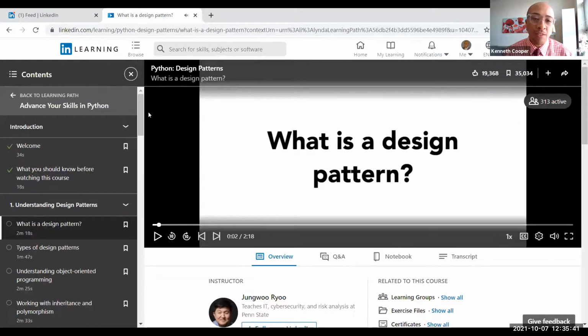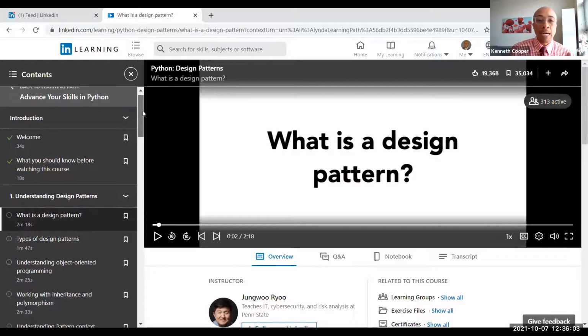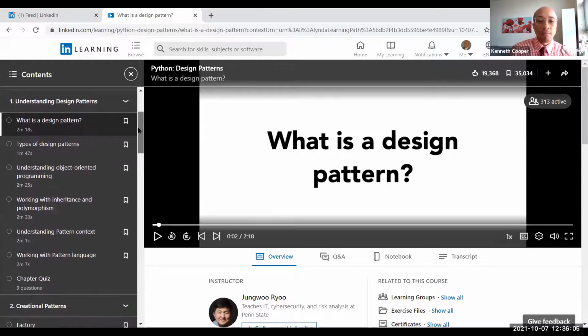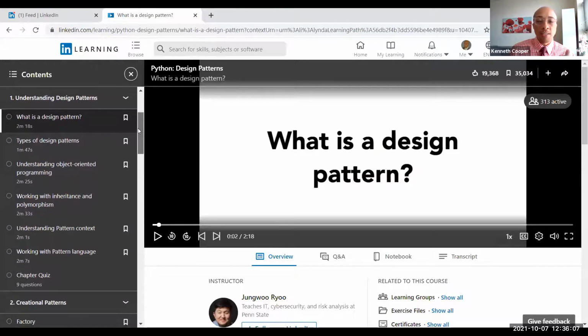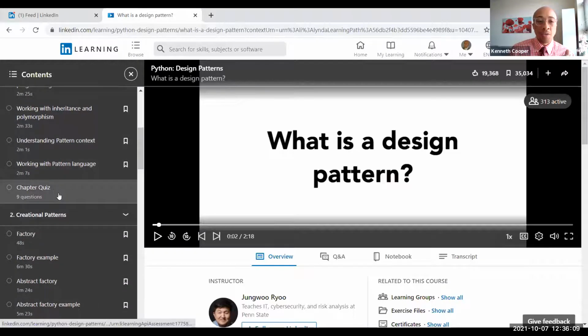So this gives you an example, for anyone who's been on LinkedIn Learning and taken some of the classes, a very similar feel to almost like YouTube, but with assessment-based components added onto it. So for example, if you look to the left-hand panel of the screen right here, you'll see the itinerary where it welcomes you and tells you what each section is going to talk about. But as you start learning each of these sections as it pertains to the material, right here, you'll